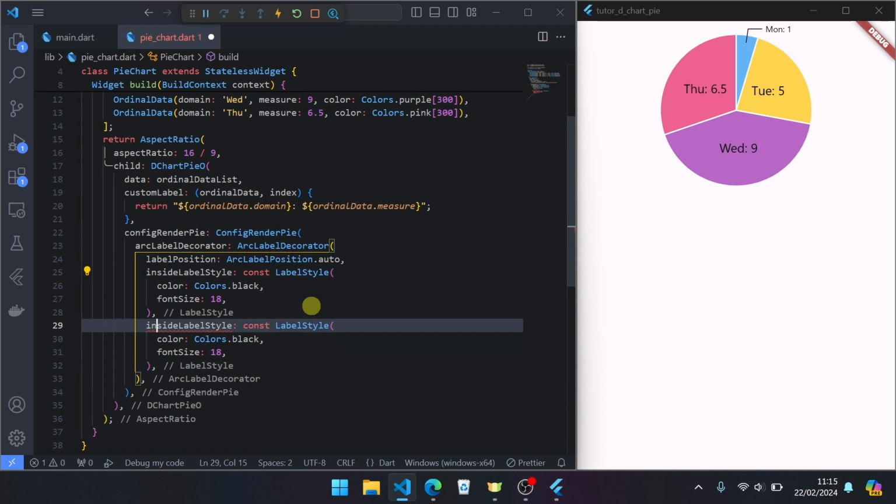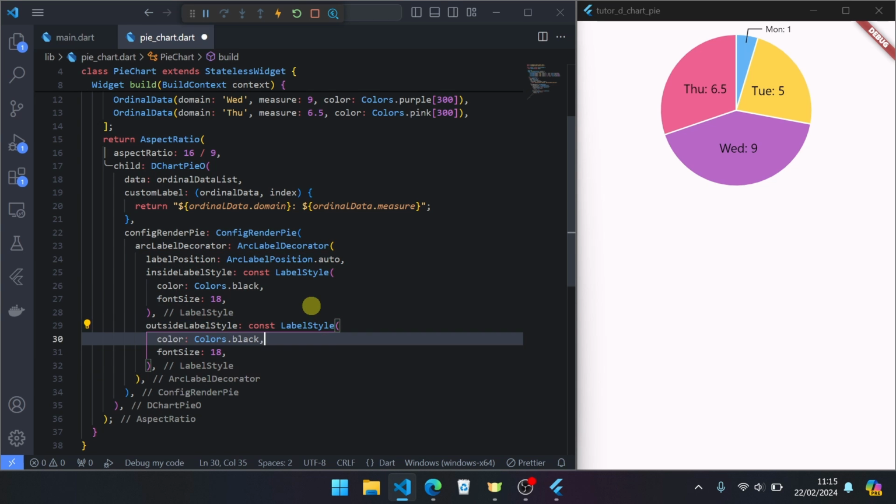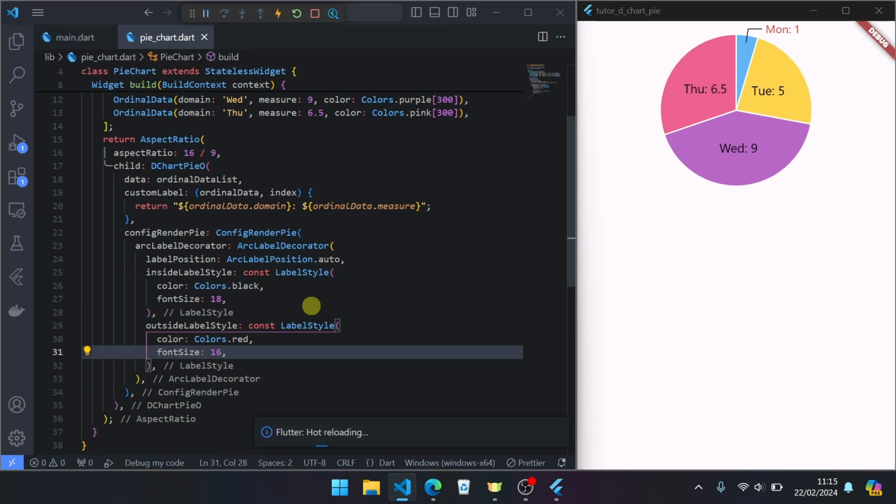Copy this for outside. For outside, we set color red, then font size 18. Yes, 18.